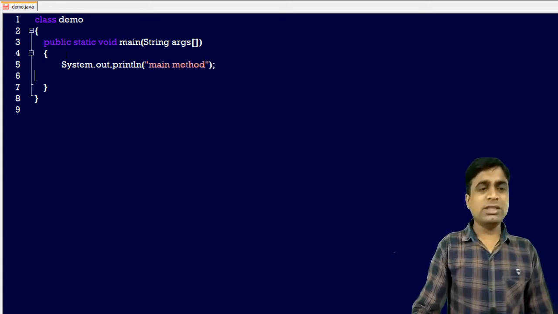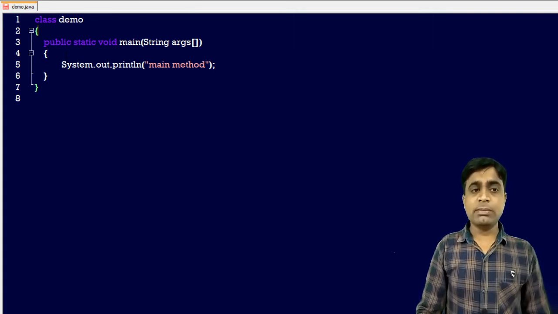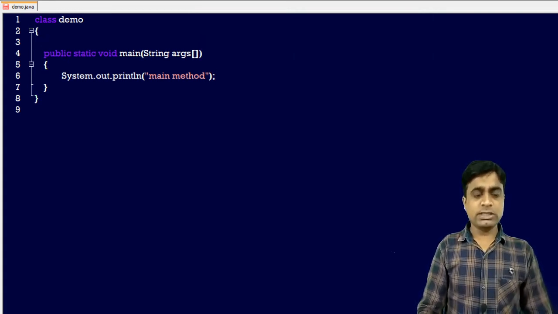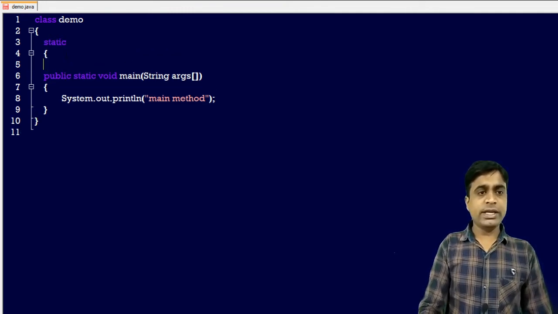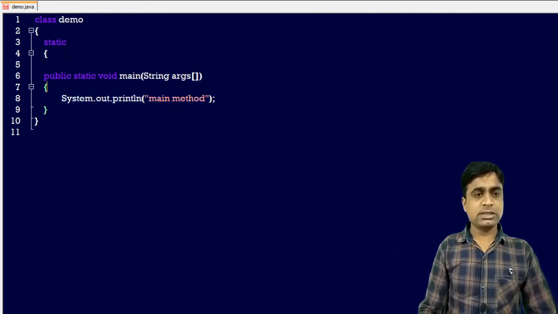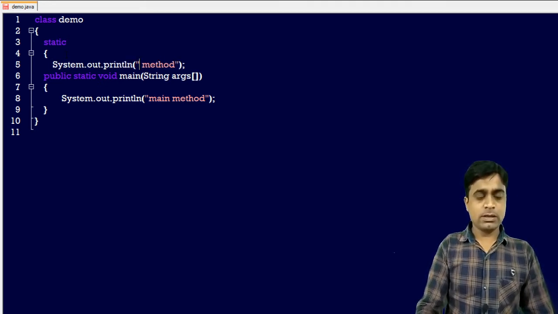If you run this code, obviously the output is main method, but here I am creating a static block. Static, and in this I am also printing something like static block.